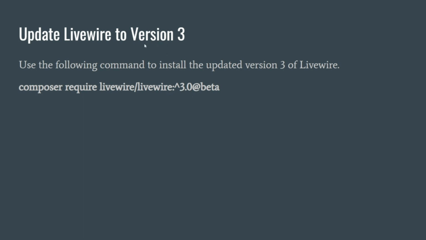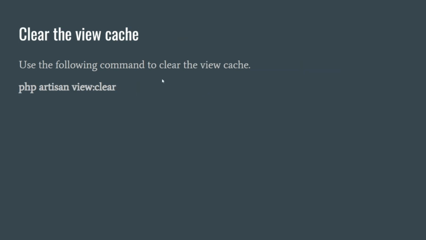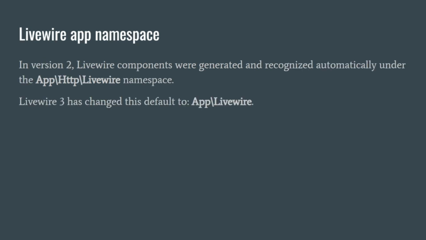But now, since version 3 is beta, we need to specify the version. After doing the installation, we need to clear all the views. So we'll run the command php artisan view:clear, and that would clear all the cached views